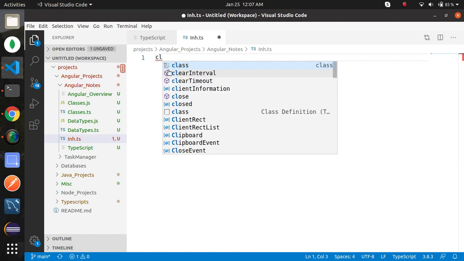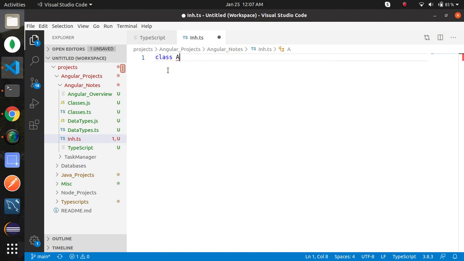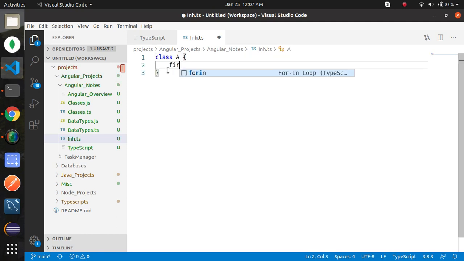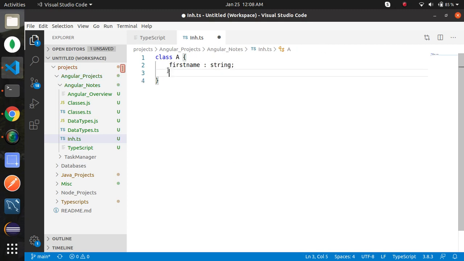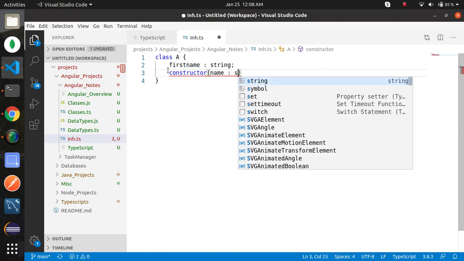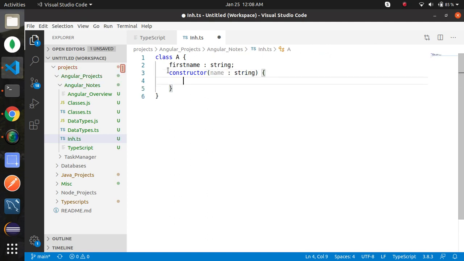I'm taking class, suppose A, just an example class A, and I'm giving property first name, and constructor name string, this dot first name equals to name.